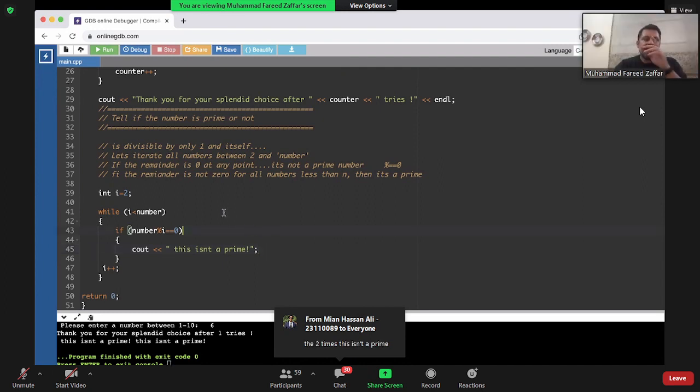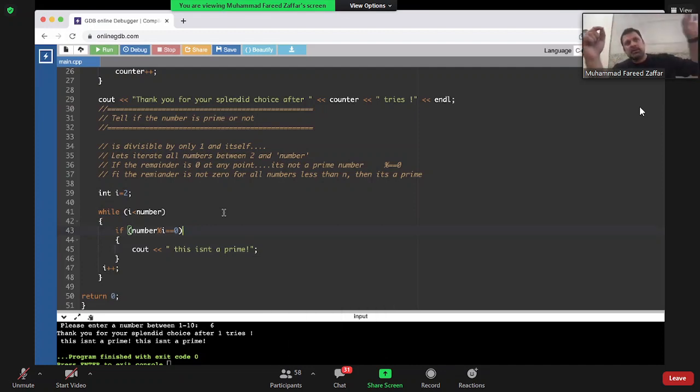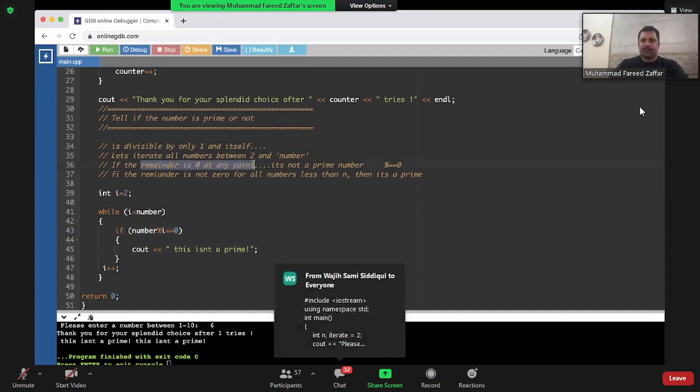Because we are saying that in order to find if a number is prime or not, I'm going to try all numbers less than it. So let's say I want to find out if n is prime. What I'm going to do is try all numbers from 2 all the way up to n to see whether any of these numbers divides it completely. Dividing completely means the remainder is 0.